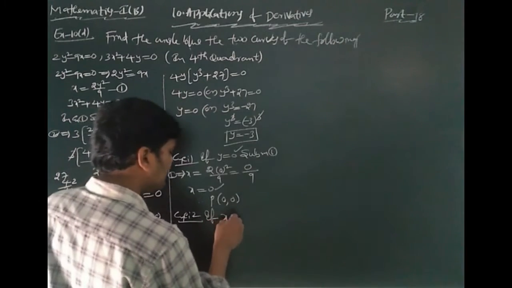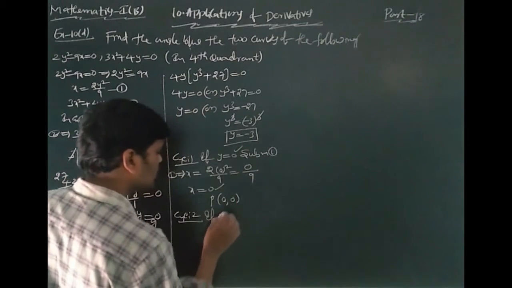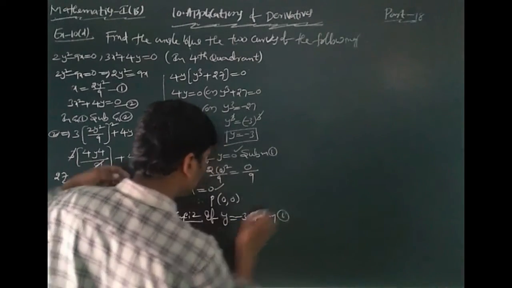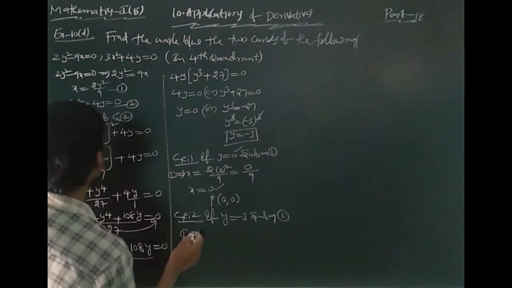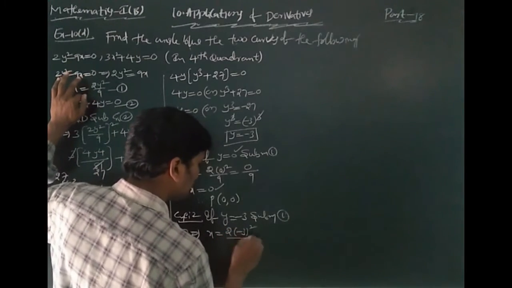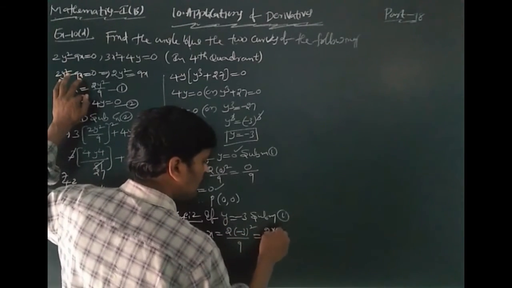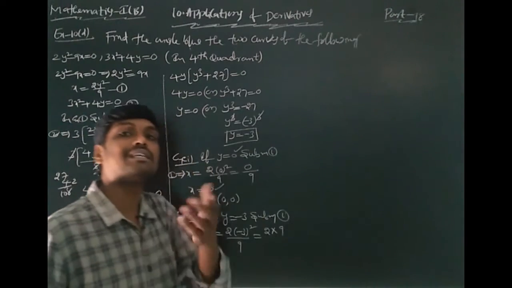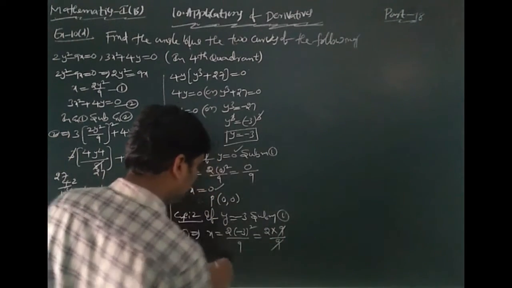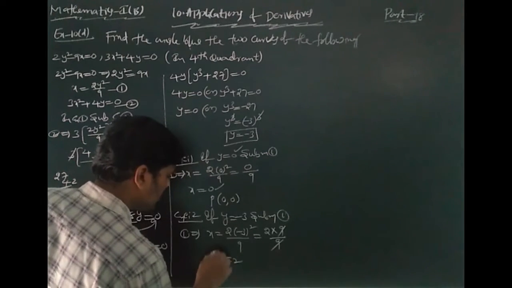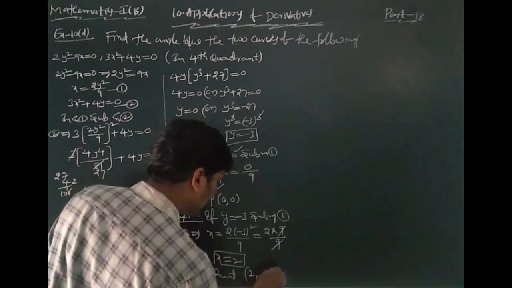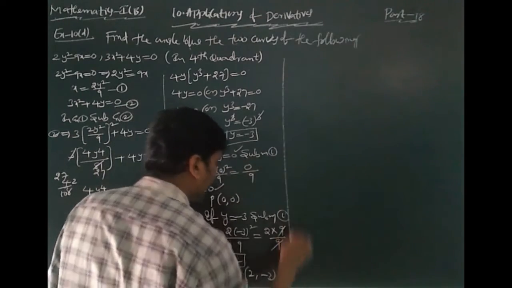If y is equal to minus 3, substituting in equation 1, x is equal to 2 into minus 3 whole square by 9. Minus 3 whole square is minus 3 into minus 3, 9, by 9. 9 gets cancelled, then x is equal to 2. The point is 2 comma minus 3. Therefore the points are: